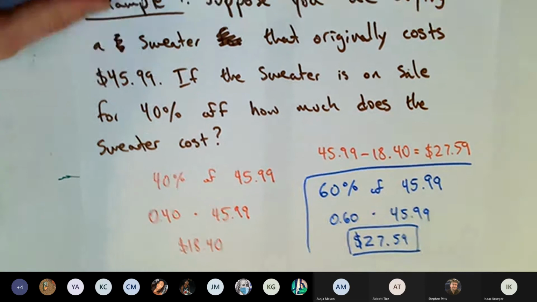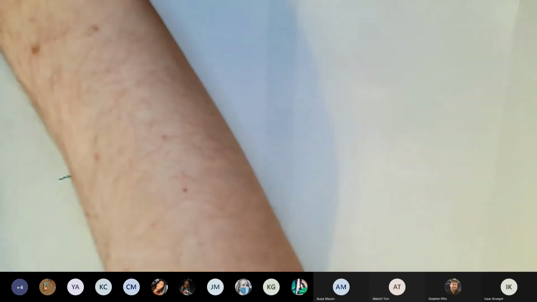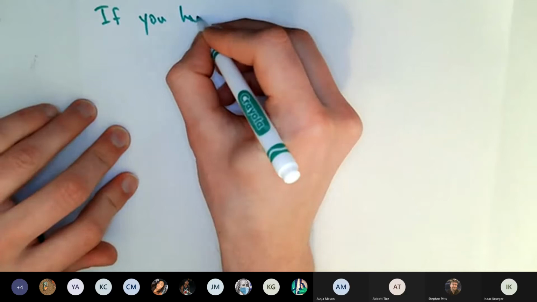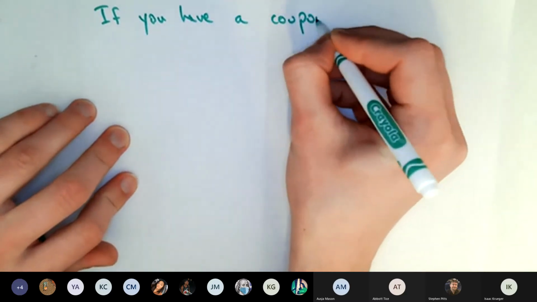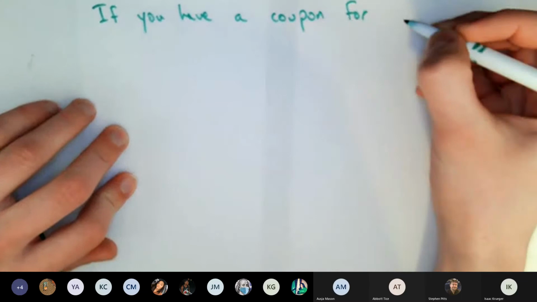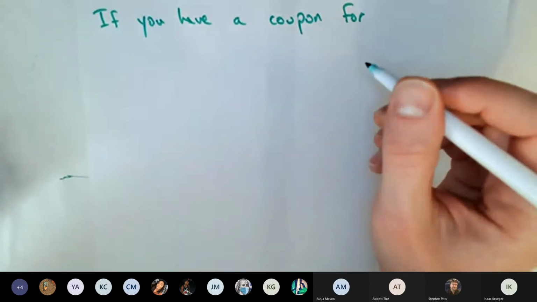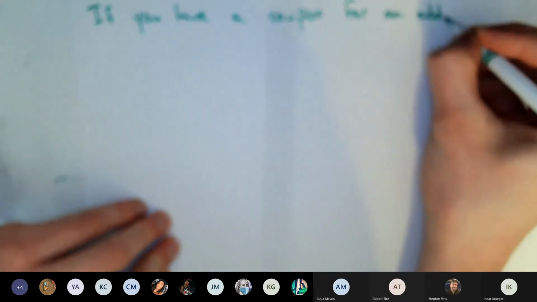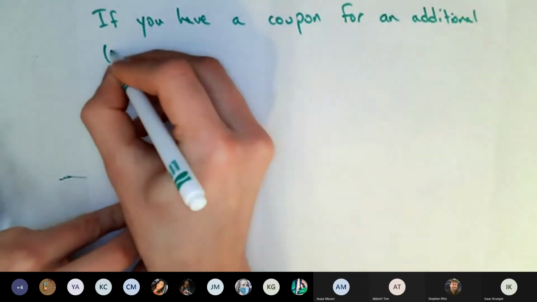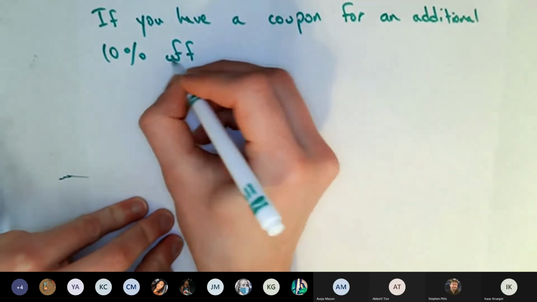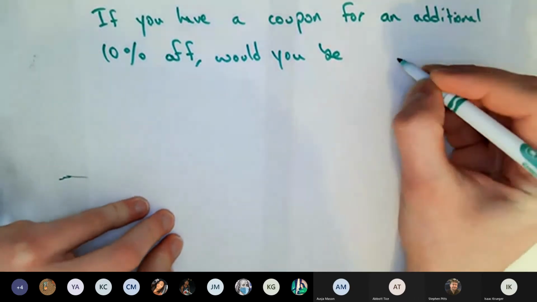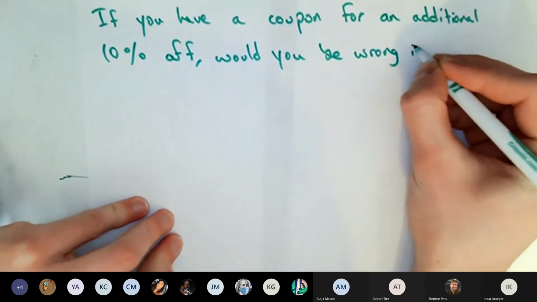Okay, I want to ask a follow-up question, which is: what if you have a coupon? No, I don't really think coupons are traditionally used for buying sweaters, but maybe if you have a coupon for an additional 10% off, would you be wrong if you